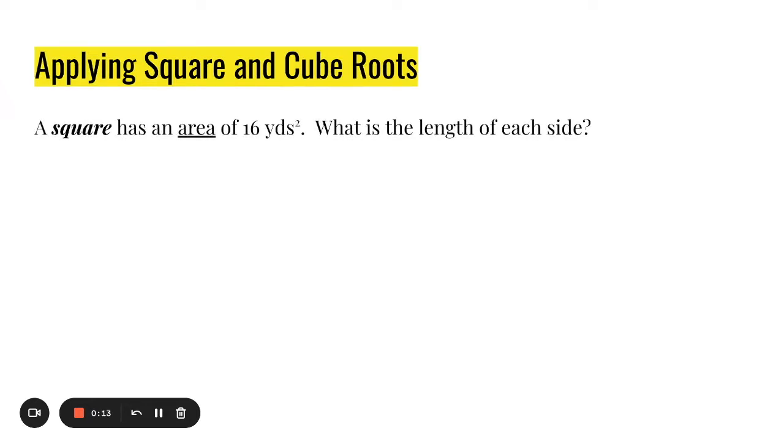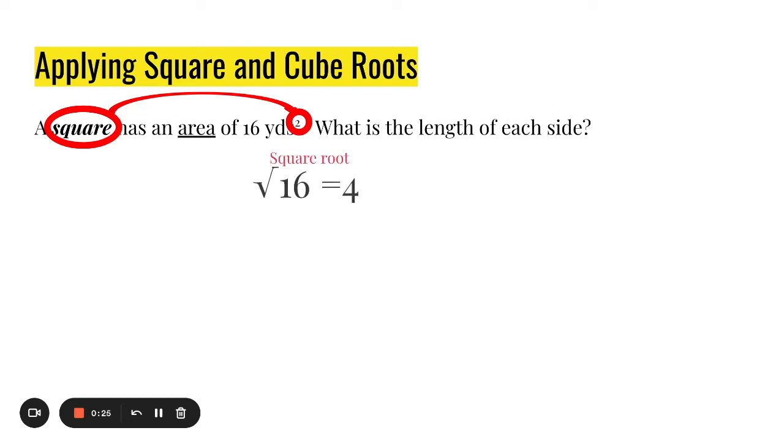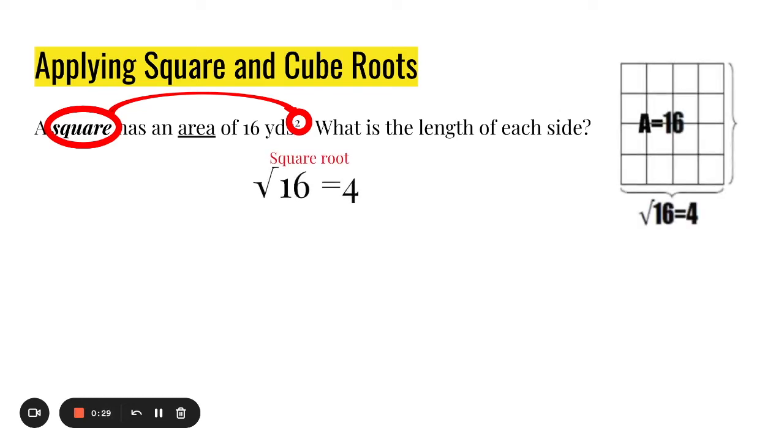We're going to look at ways to apply square and cube roots. To start, suppose a square has an area of 16 yards squared. So we want to figure out what is each side length. Notice we're talking about squared units. To undo this, we're going to take the square root, which is 4,